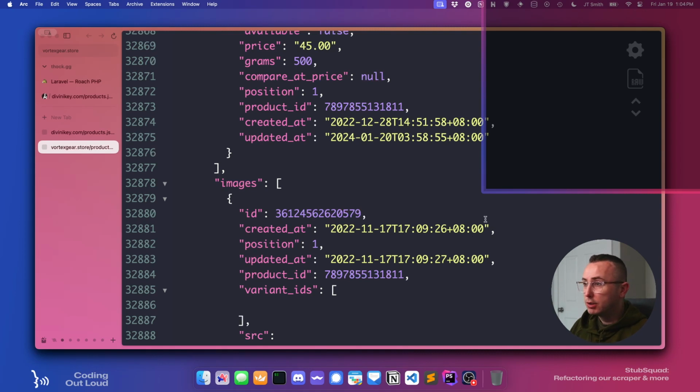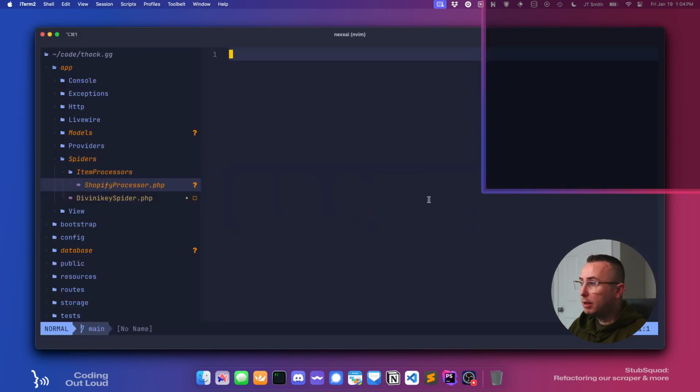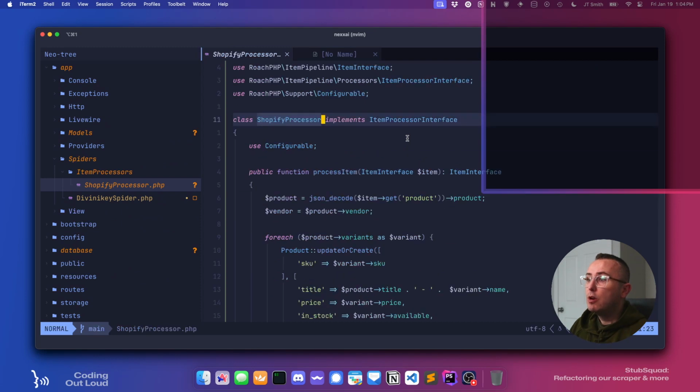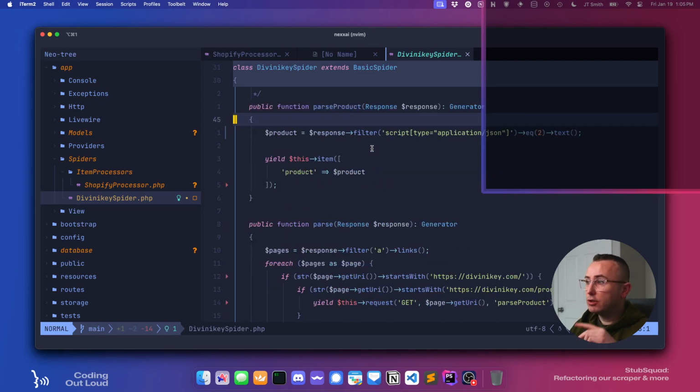So what we will do is we will go to Vim and we will go to our Shopify processor. And so one thing that I've done is after last stream, I was doing some more reading on the Roach PHP site, and what they suggest is having a spider that just does the actual spidering, and so that's like crawling the site